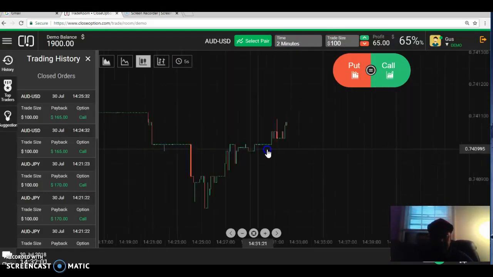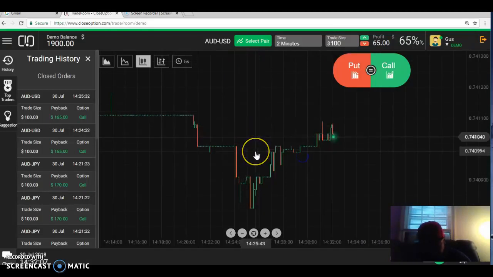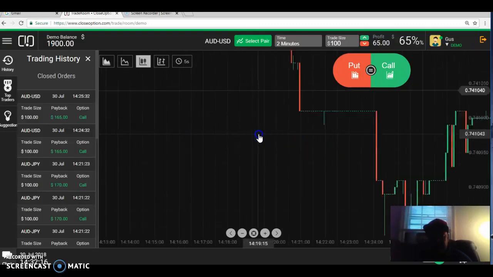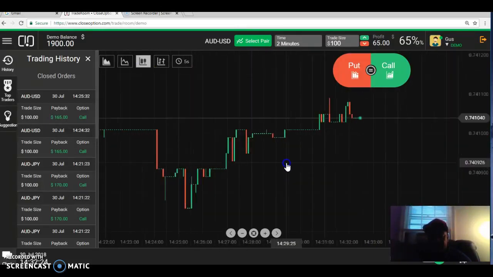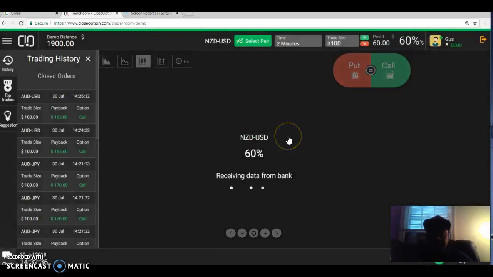So what I'm basically looking for in these patterns is a strong bullish trend or a strong bearish trend in the currency. What I see here is these candles. These are 5-second candles, so they're a little bit different than your traditional 1-minute candles or 5-minute candles. They tend to go sideways here because they're only 5 seconds. So let's go check out a different currency pair. Let's see if we can